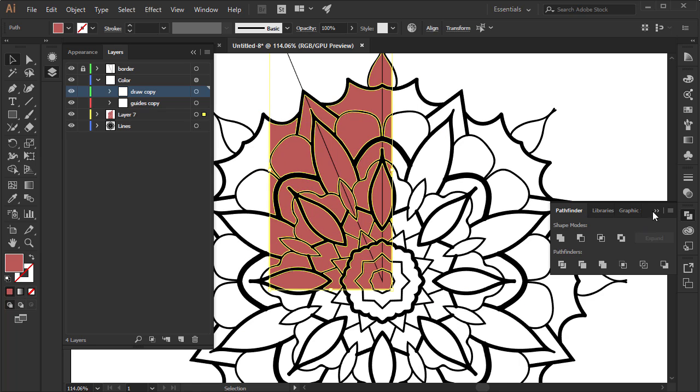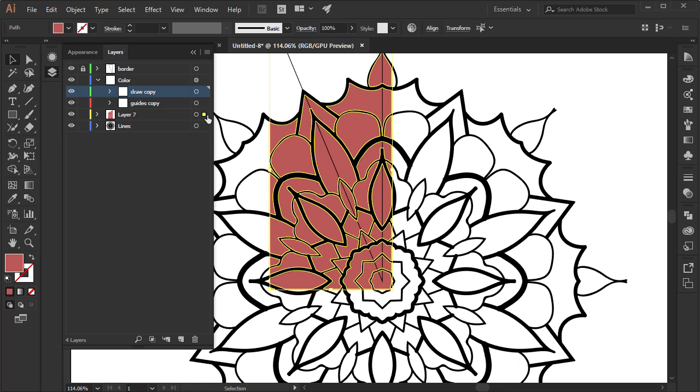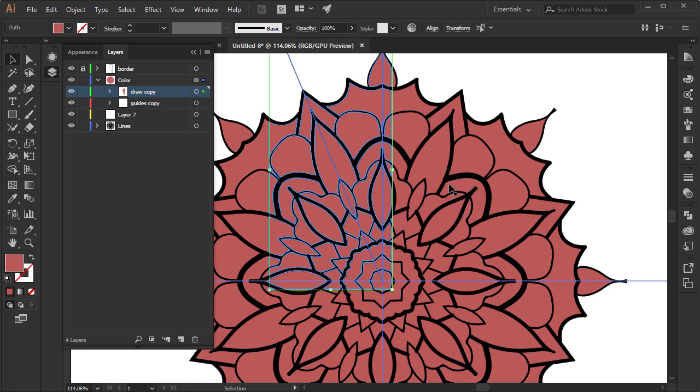Alright, so take a look closely. I'm gonna click this light red color, and then drag it to our copy of a color, and then just like that. Alright, and now what if you don't see it, you can make it a fill color.